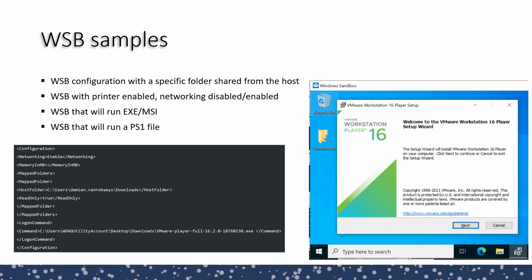You can also create a WSB file allowing you to run a specific application. There, I created a WSB file which will run a VMware application. So, first step is to share the host folder which will contain the exe file, and add a command to run the exe file. And in the Windows Sandbox, when you run it, it will by default run the exe installer